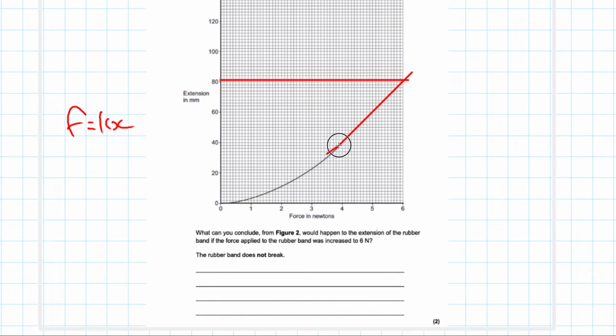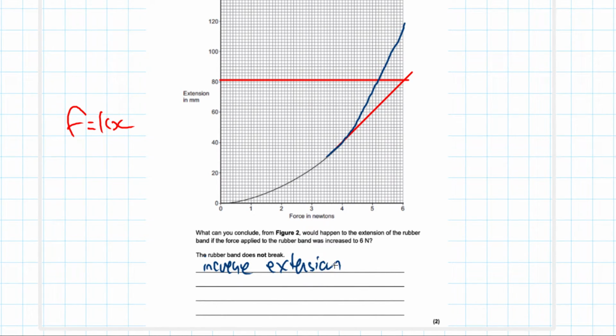If you decided to continue the curve, that would also be correct. So if you said actually it continues and goes up like this, then you would also get the correct answer, because the correct answer is looking for anything above 75 millimeters in the extension. So what happens to the extension of the rubber band if you apply the force? The rubber band will increase extension,